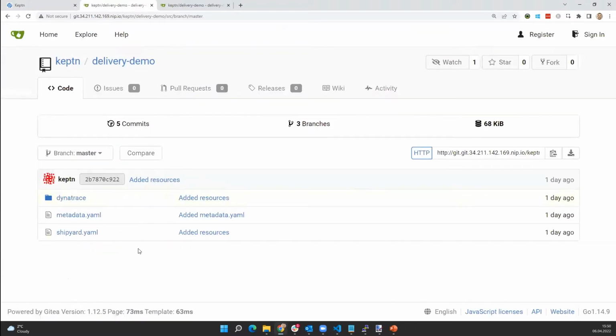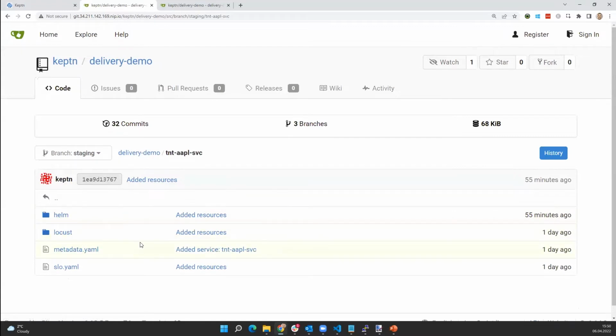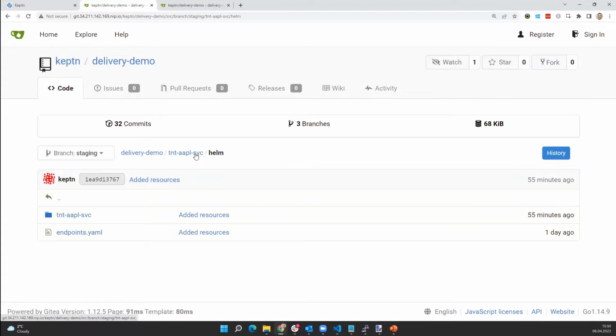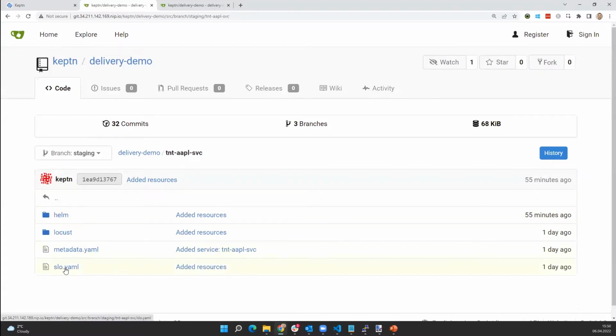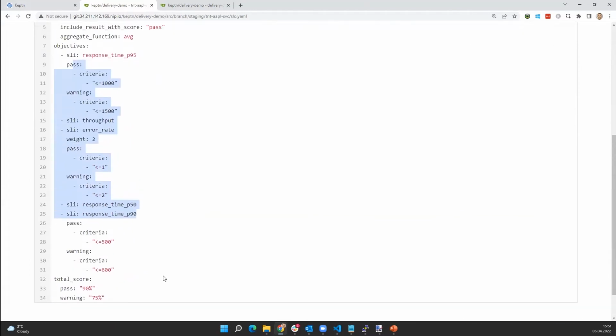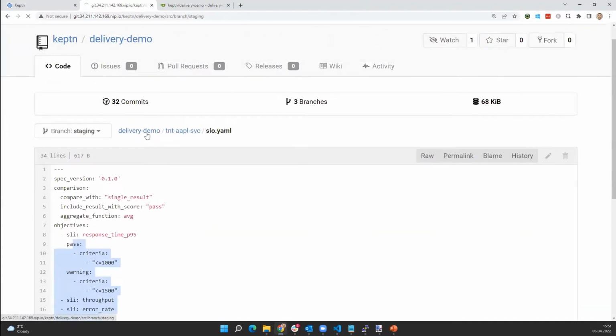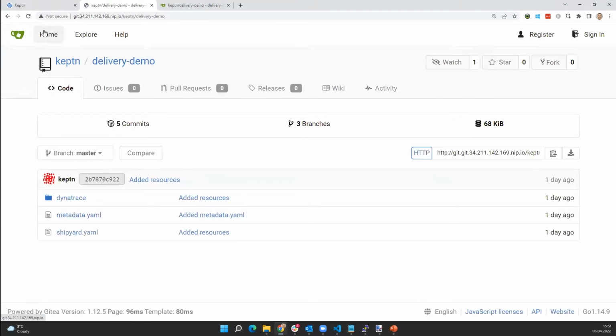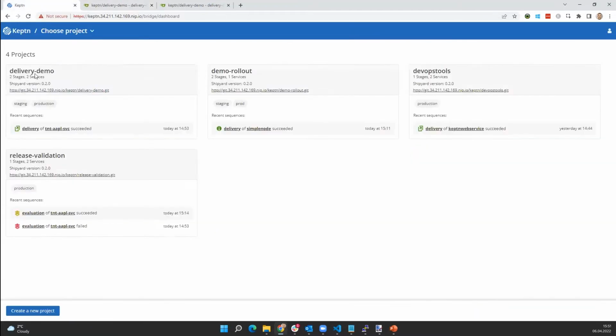And then Keptn is using events to then interact with the different tools. Depending on the stage, you then have the specific files for your services or applications that you want to automate. So for instance, here I have my locust scripts. I have my Helm charts for this particular service that I'm pushing. But here also very important, I have my SLOs. This is my SLO definition behind the scenes, right? And I would maintain this here. Everything is in code, everything is configured. And then this all drives Keptn. So this is at the core.